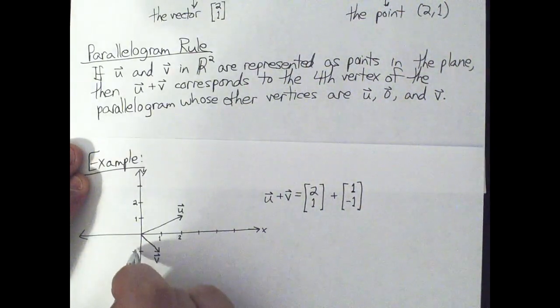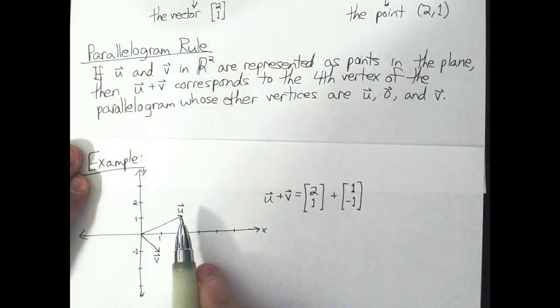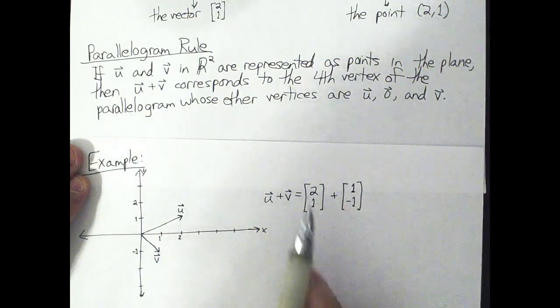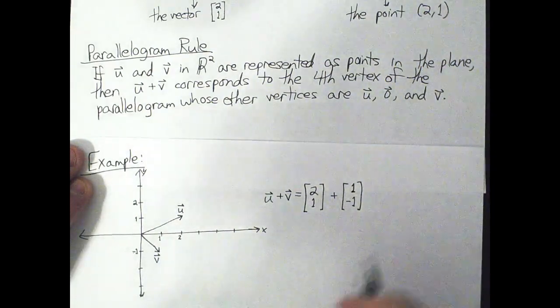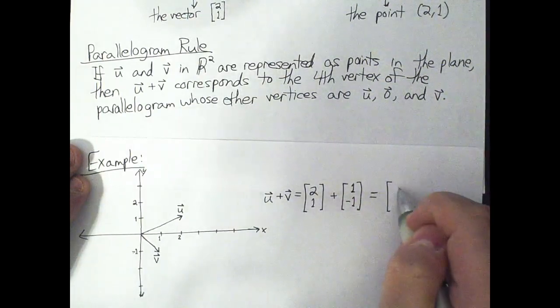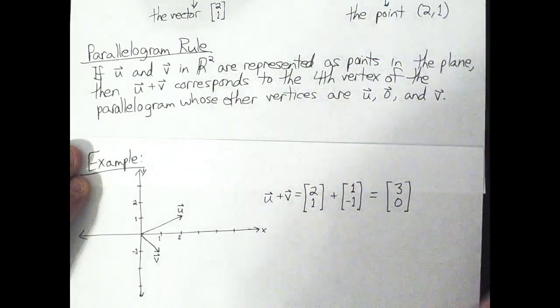Here's -1 down here. Right? We're just thinking of what points these arrows are pointing to. 2, 1, and 1, -1. When you add these, you just add the corresponding entries. So 2 plus 1 is 3, 1 plus -1 is 0, so I get 3, 0, which itself is also